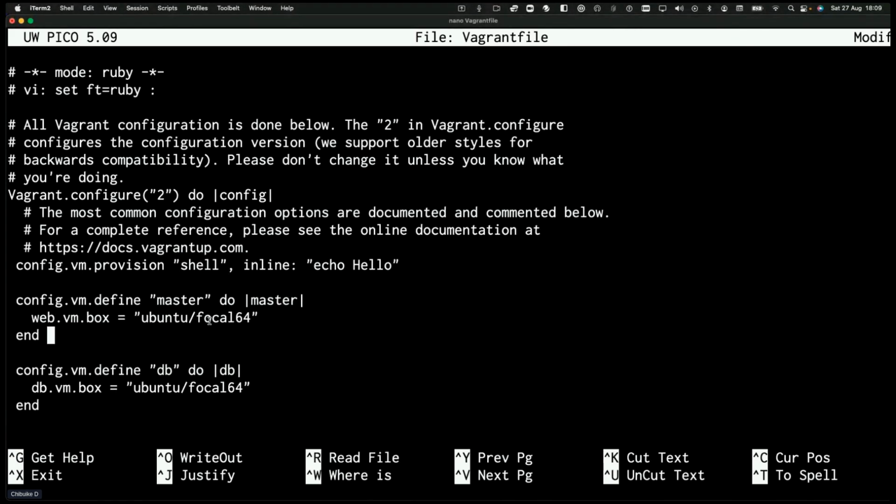I'm also focusing on the same Ubuntu Focal machines that we're using. Then I'm giving this other one the name slave. Now, within the machines,